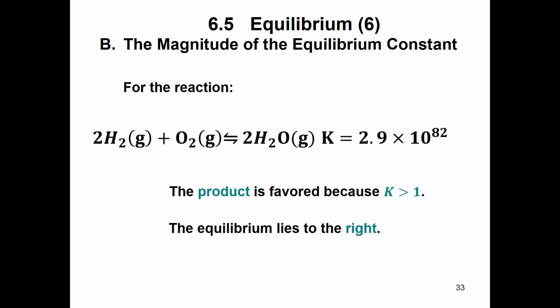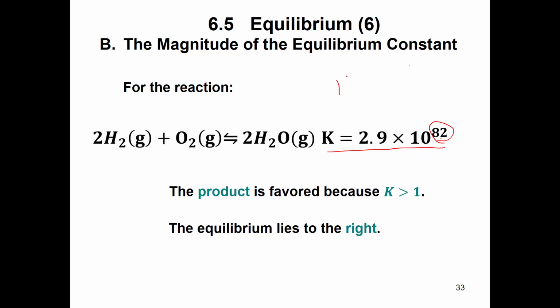Okay? All right. So an example of this is our H2 plus O2 giving us water. The K value, and this is from some table, where K is 2.9 times 10 to the 82. That is a big old number. So that means that